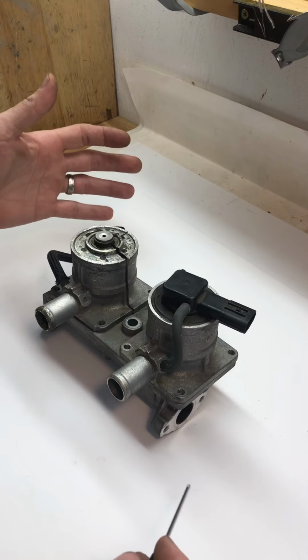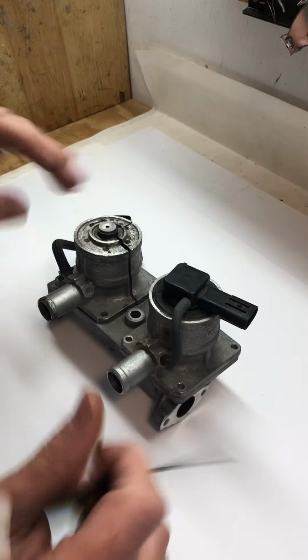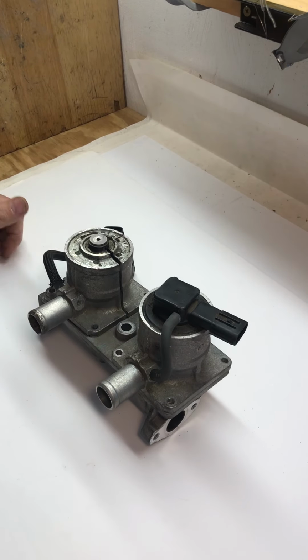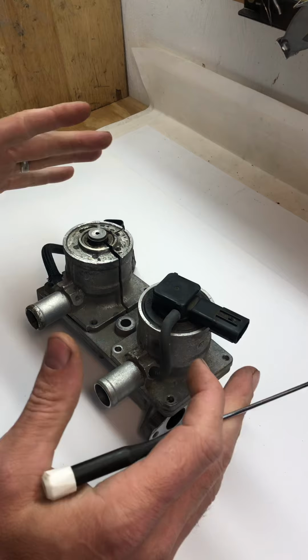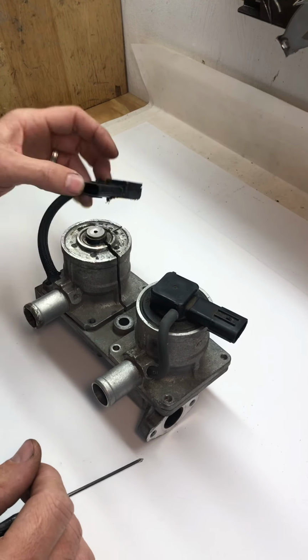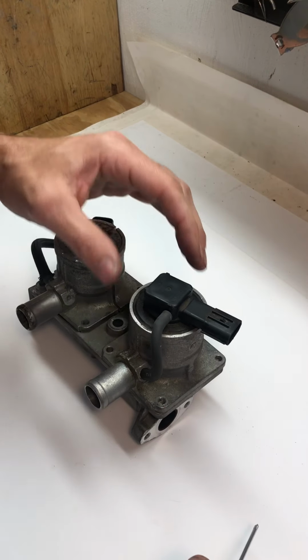All right, folks, this is off my 2010 Tundra. You should know what this is. This is the air injection valve. The pumps are down by the wheel well. These are historically the problem. I dissected one, but this is generally what you're going to be looking at if you wanted to dissect this